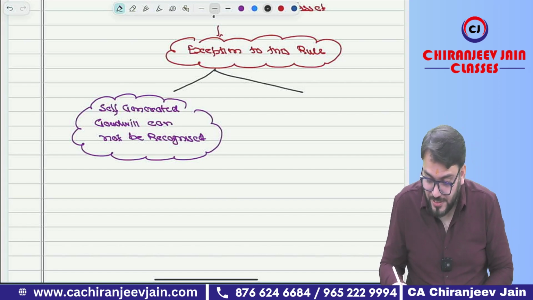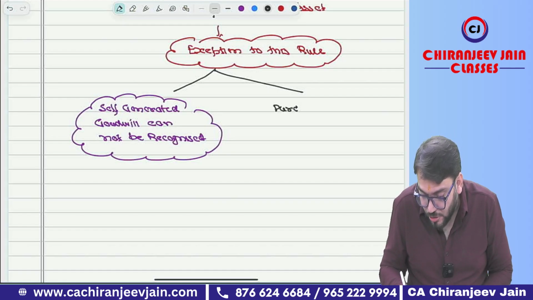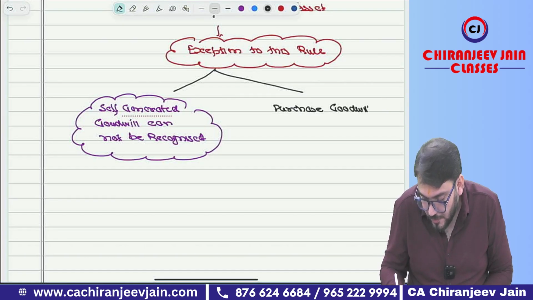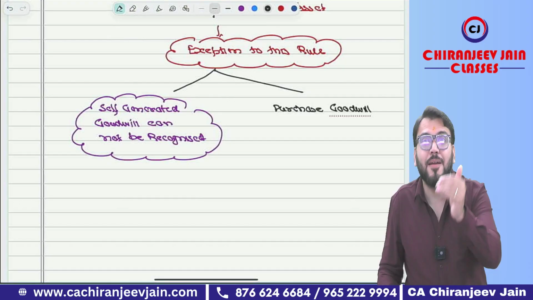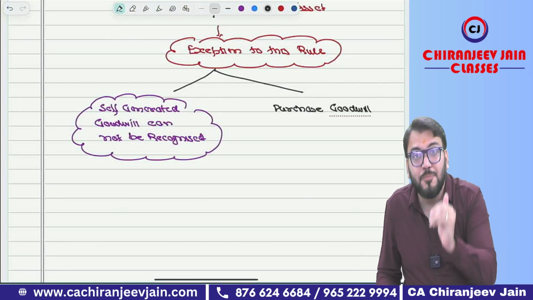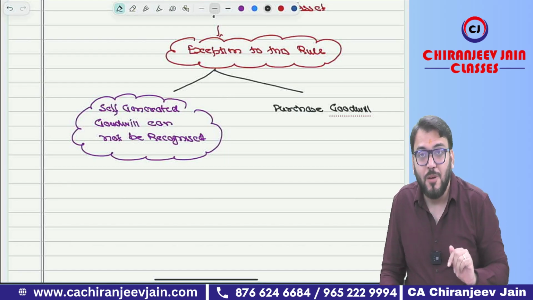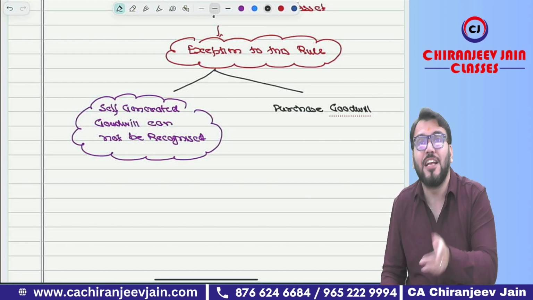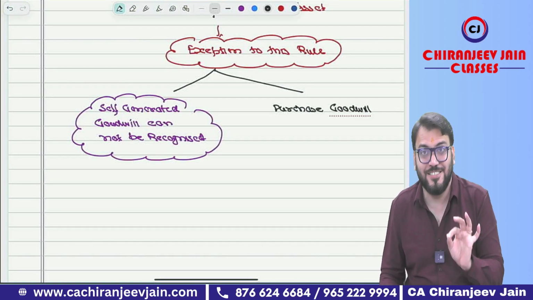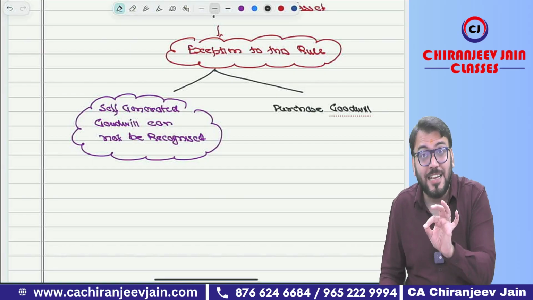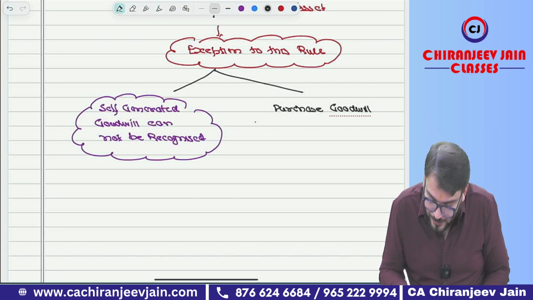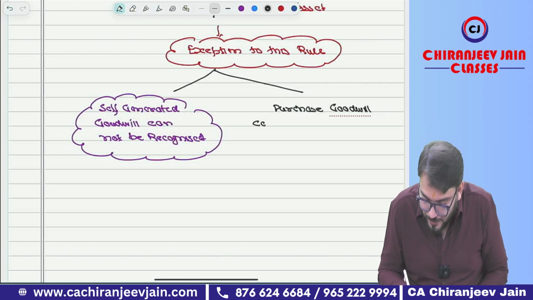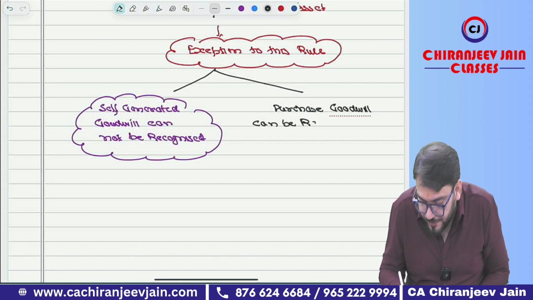But what AS26 says is that any purchased goodwill arising in case of amalgamation, because in amalgamation we acquire business, and when we acquire business, with that business we also acquire goodwill. Got this point? And because of AS14 we recognize goodwill. We don't recognize goodwill because of AS26. That is an exception to this rule. So purchased goodwill can be recognized